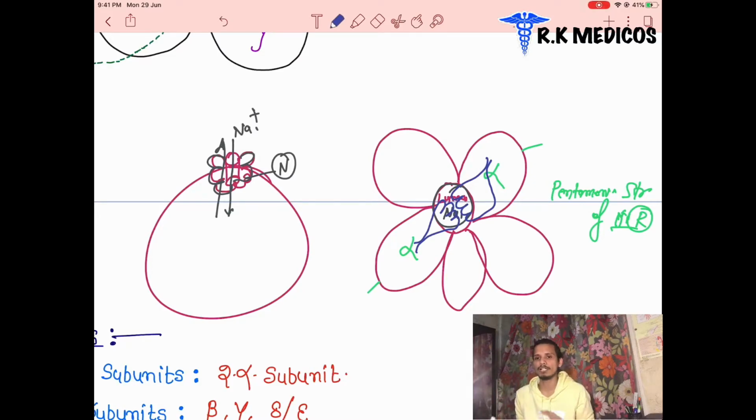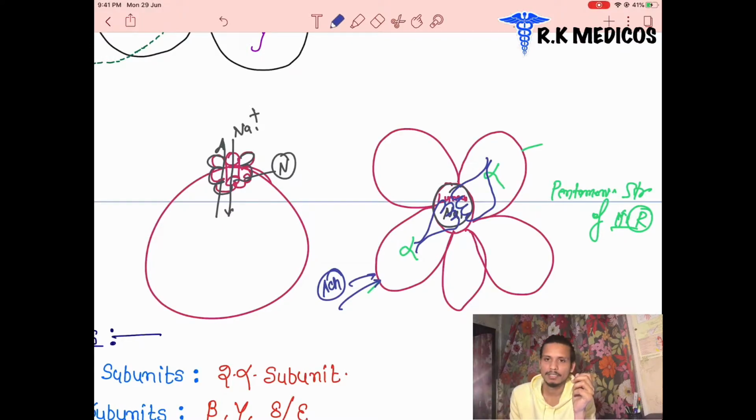Alpha subunit of the pentameric structure of the nicotinic receptor. So these are the finger-like projections. Where are they coming from? They come from the alpha subunit of the pentameric structure, and they close the lumen when acetylcholine is binding,